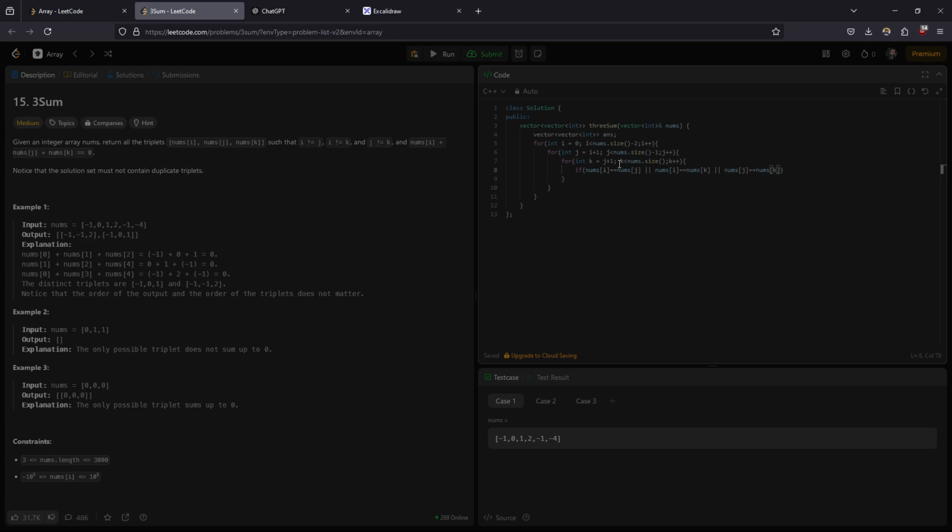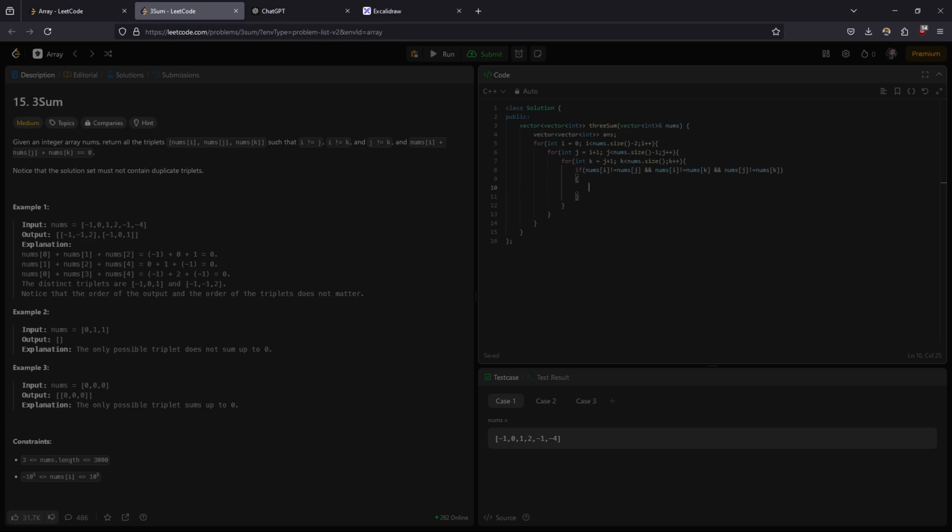Okay, so instead of using equals, we can use not equals, and not equals, and not equals, right? So if nums[i] is not equal to nums[j], nums[i] is not equal to nums[k], and nums[j] is not equal to nums[k], then what we have to do is